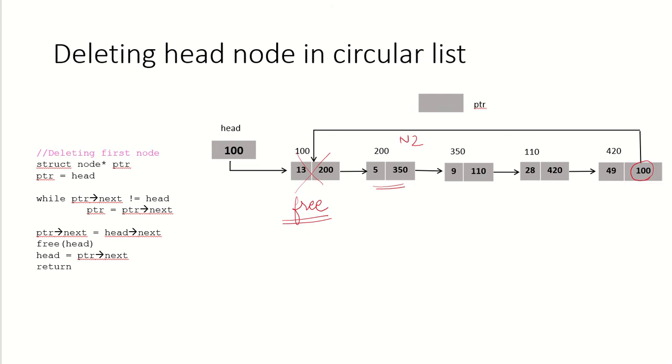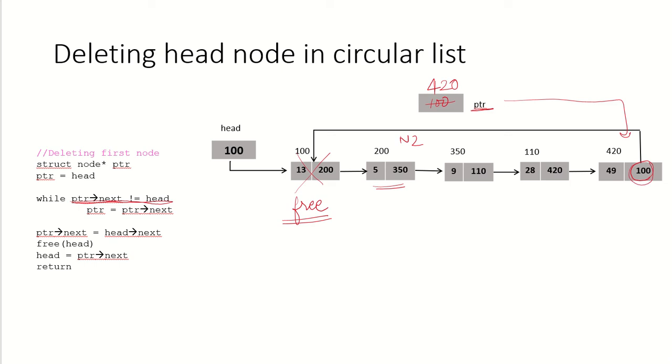So what we are going to do is traverse the linked list with the use of this node pointer variable ptr, which was initialized to head, and we will go on till we reach the last node. We will keep on traversing. This has been discussed earlier. Each time we visit a node, we will check whether pointer arrow next is equal to head or not. If it is not equal, that means we have not reached the last node.